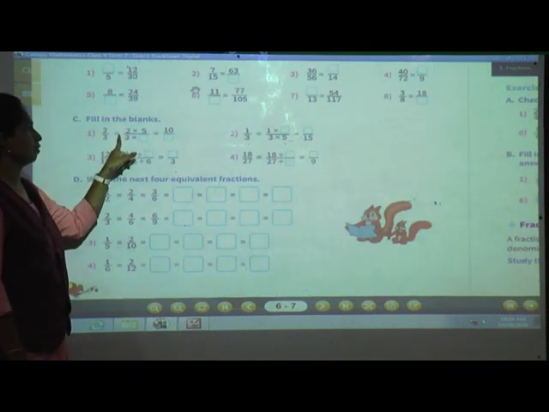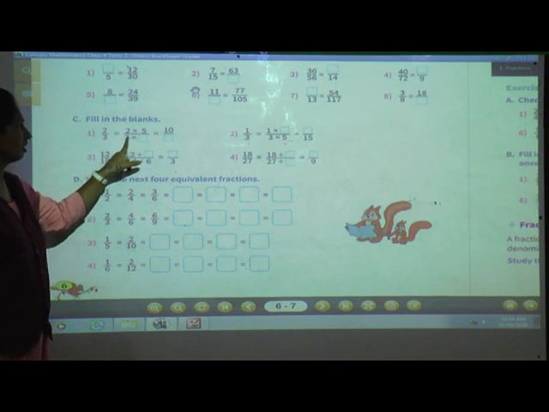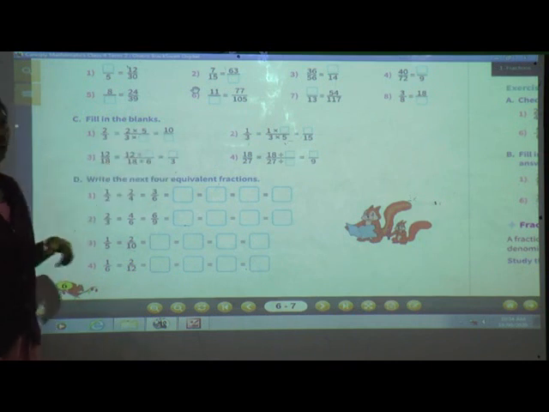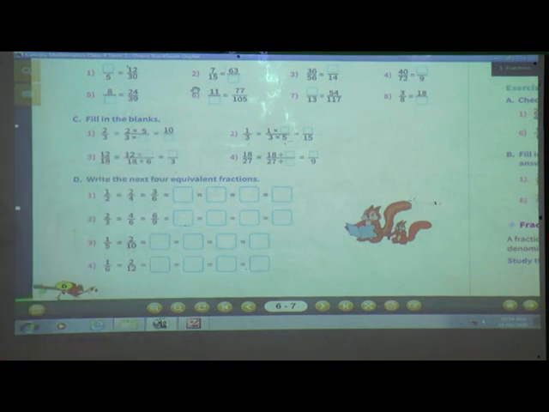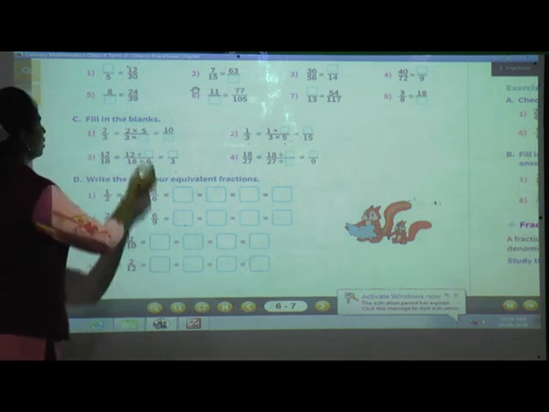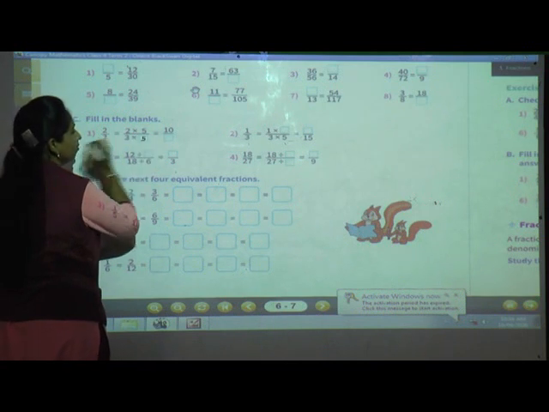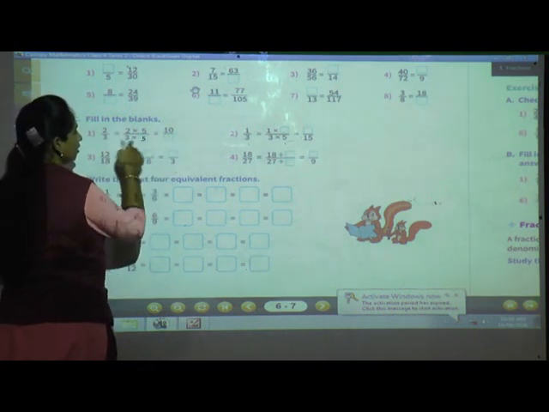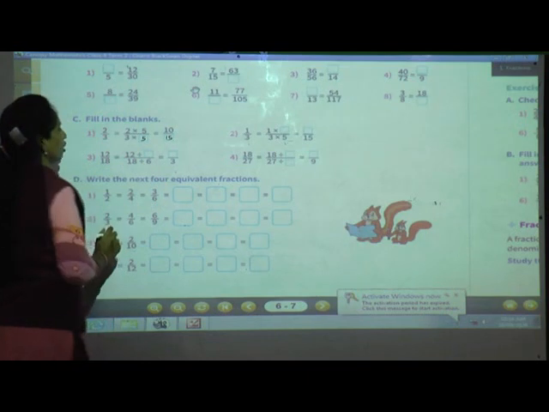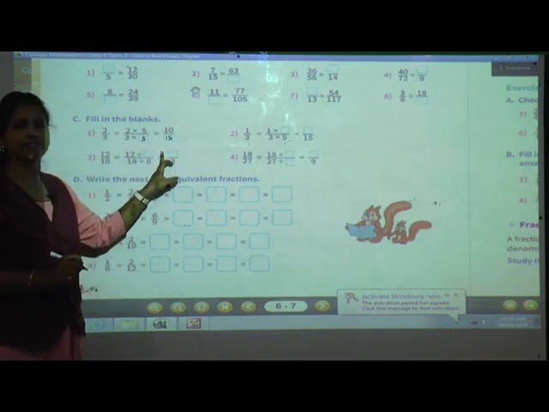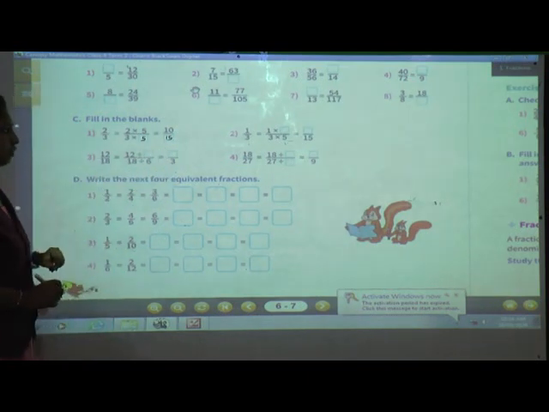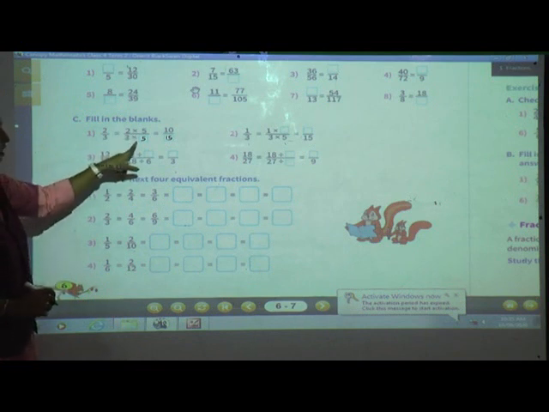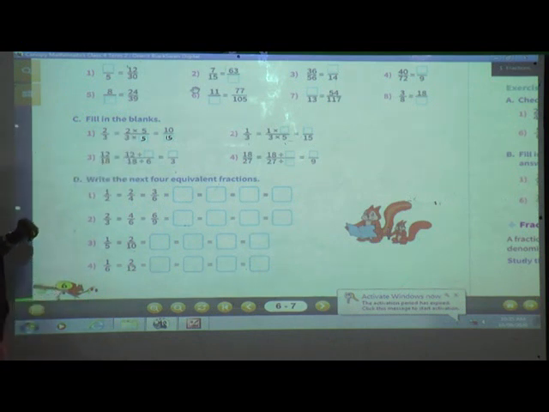2 by 3 is equal to 2 multiplied by 5, 3 multiplied by dash, and what is the answer? See, these are equivalent fractions. So whenever we are multiplying with the equivalent fractions, the denominator and numerator we have to take same number only. So here what will come? 5 only. 2 5s are 10, 3 5s are 15. So 2 by 3 and 10 by 15 are the equivalent fractions. Now we have seen one multiplication, now we will see one division.